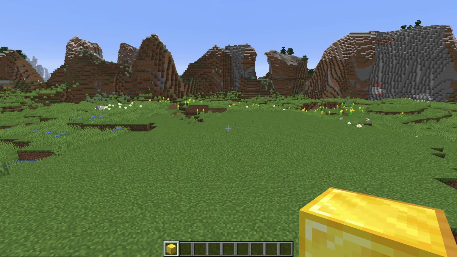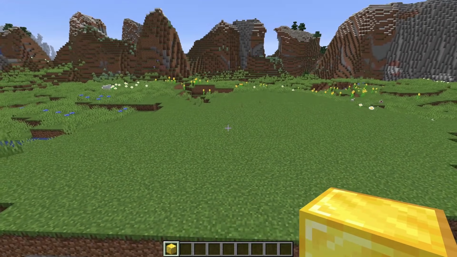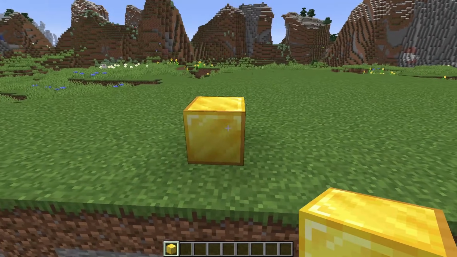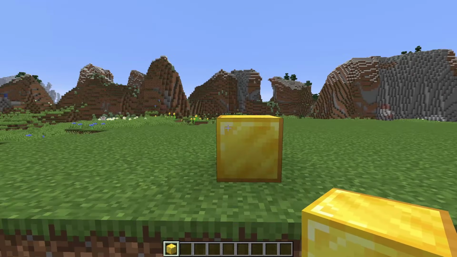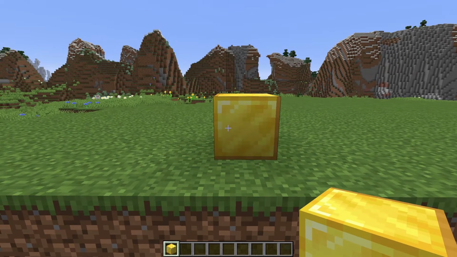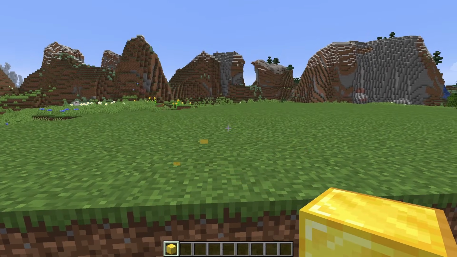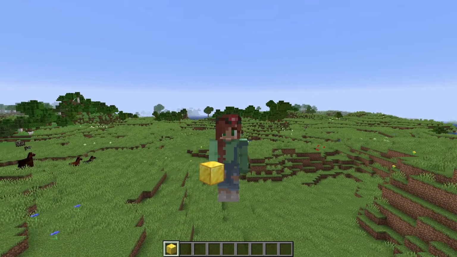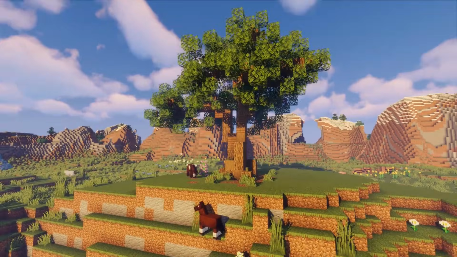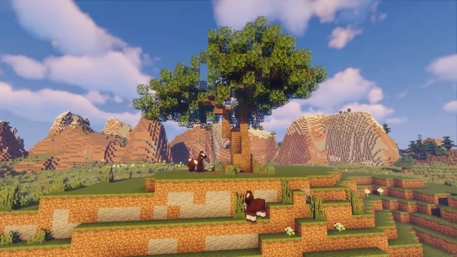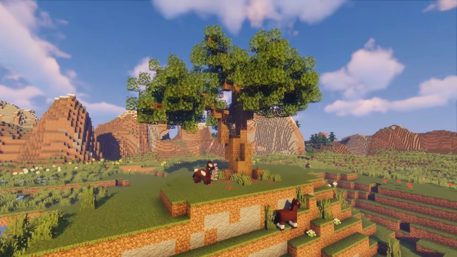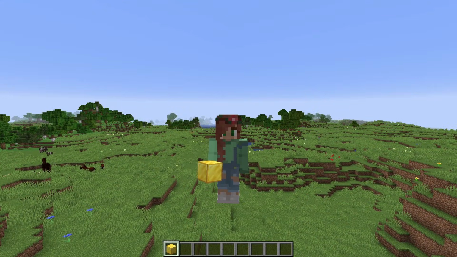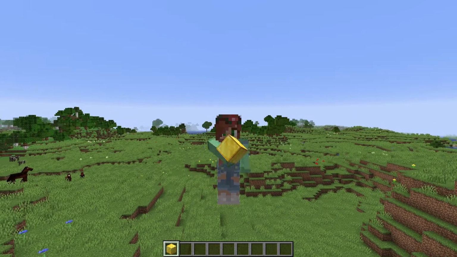I'm going to be starting by building the trunk of the tree out of a gold block. I'm doing that because the gold block is just a little bit easier to see with the harsh edges on it, so hopefully you'll be able to follow along a little bit easier. I do want you to remember as I'm doing this that although I am showing you block for block what I'm doing, trees are very organic things. They don't need to be perfect, so don't try and just copy me block for block. You can do things a little bit differently than how I'm doing it and still get a fantastic tree. Don't stress yourself out over it too much.